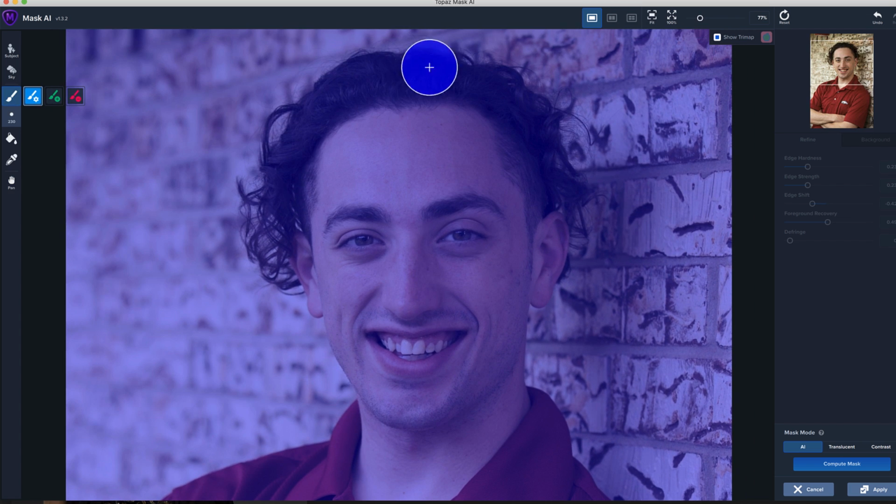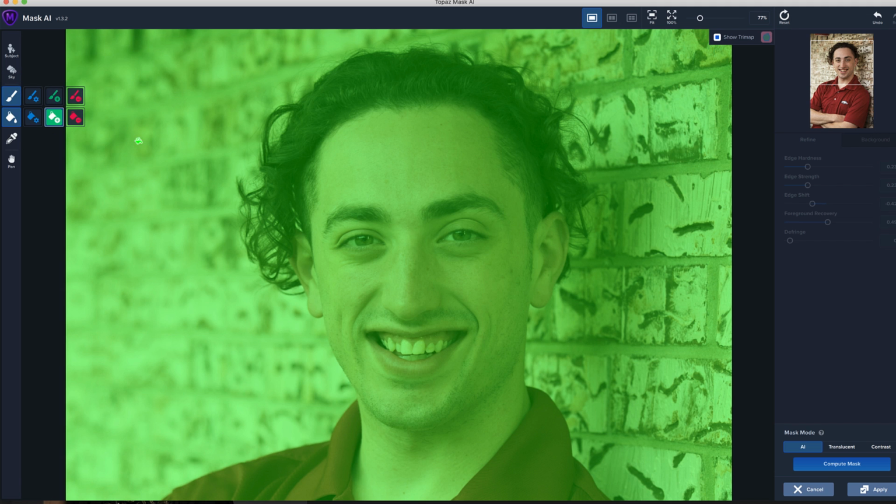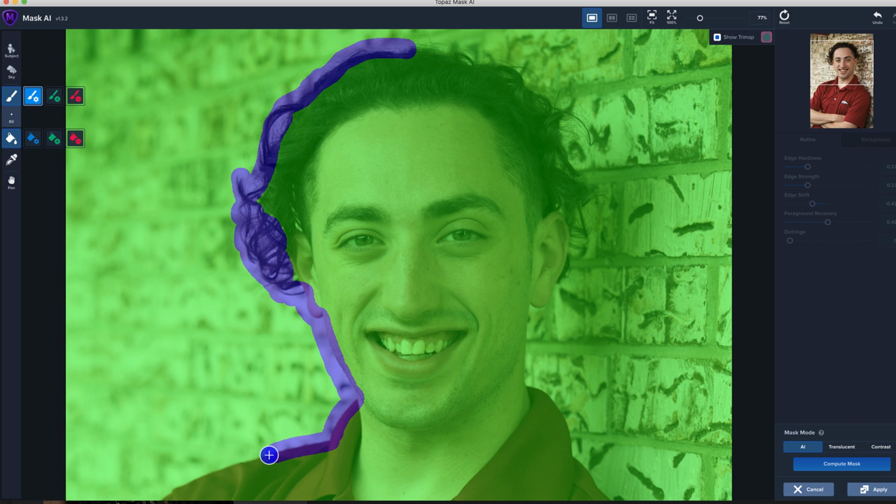And I'm going to go through and, oh, we've already got it all blue. We need to go ahead and make the whole thing green. Switch back to our blue brush. It's all these areas, which will be the interesting part to see if Topaz can pick this out. This will be a good challenge for them. All right, keep that up here. And again, we could do a more